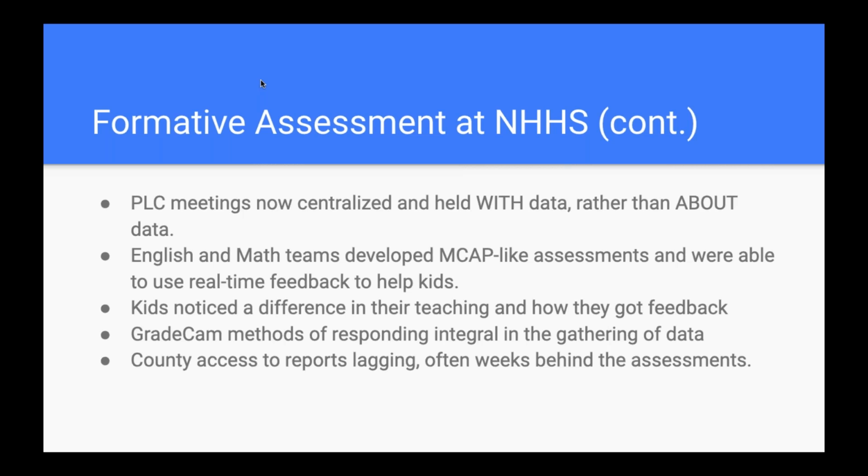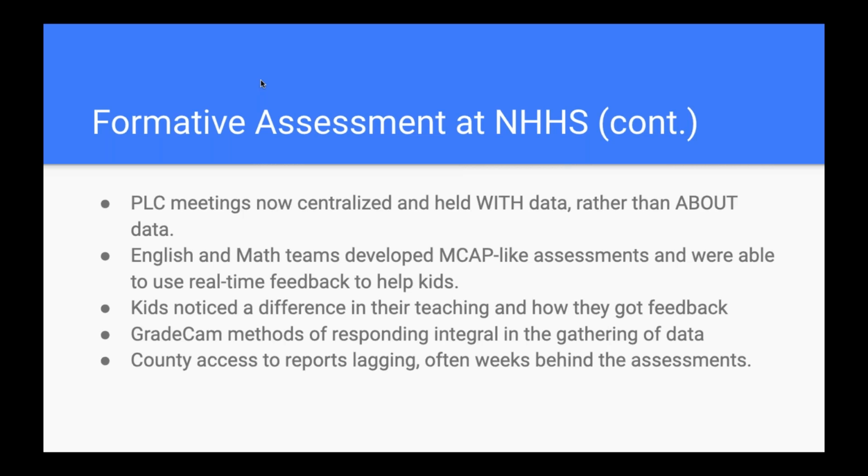So when our teachers are issuing, we have in our district, for lack of a better term, they're called benchmarks that we give in the interim period. And essentially what we had kids do was double bubble with GradeCam while they were taking those assessments. And so we set up those answer sheets and instructions so that kids could do that. And what happened was we got the immediate feedback. We didn't have to wait for the platform that we were using to give us scores. And plus we were also able to assess things in a more timely manner that we wouldn't have been able to, even